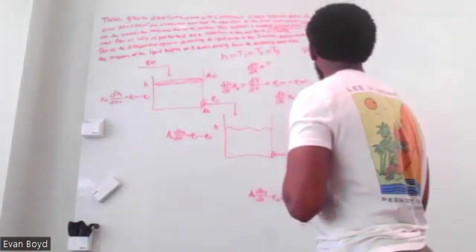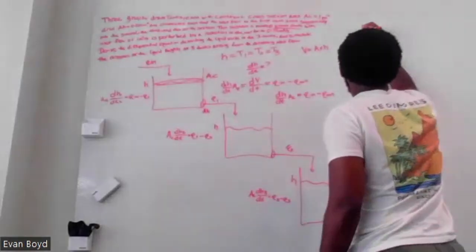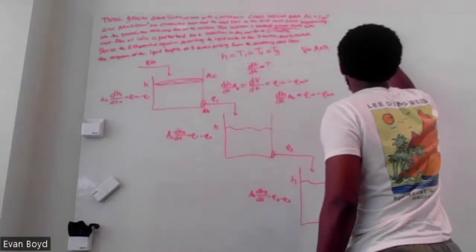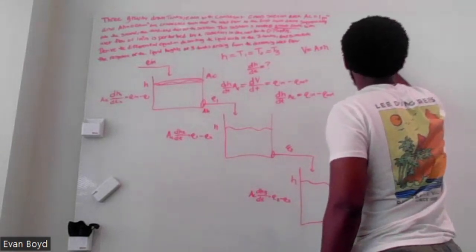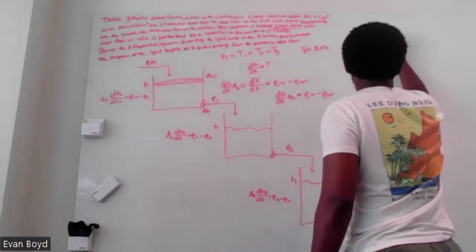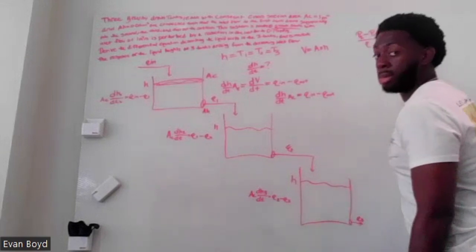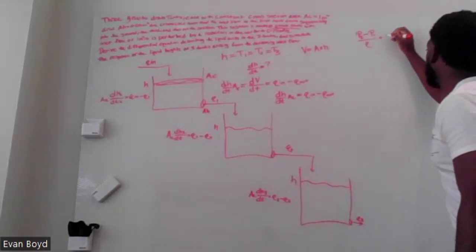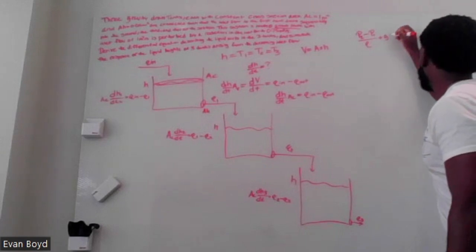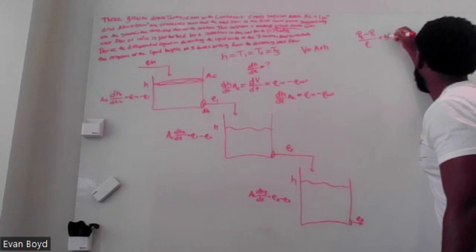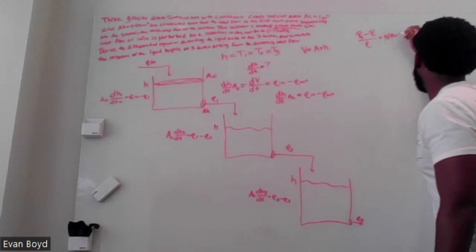It states that the final pressure minus the initial pressure, divided by density, plus gravity times the difference in potential energy, so Z2 minus Z1,